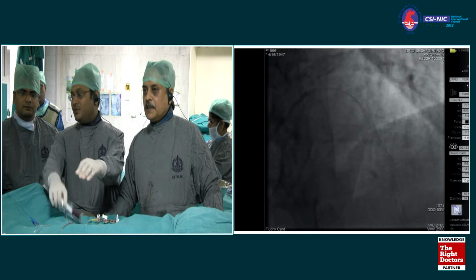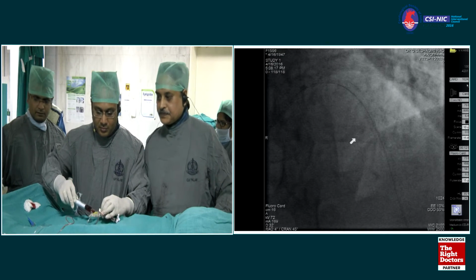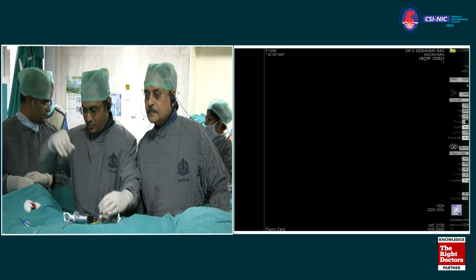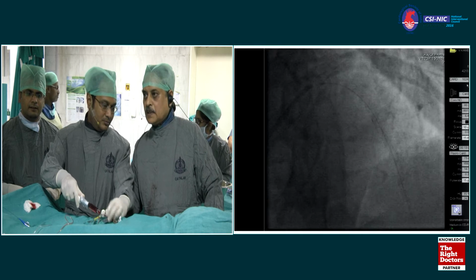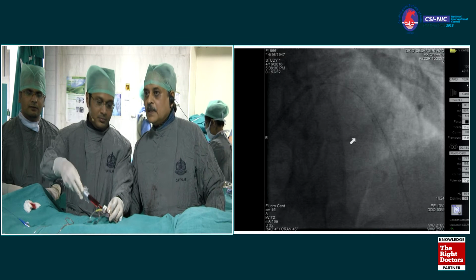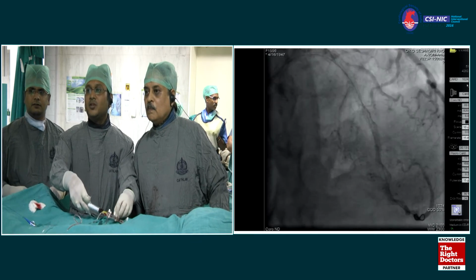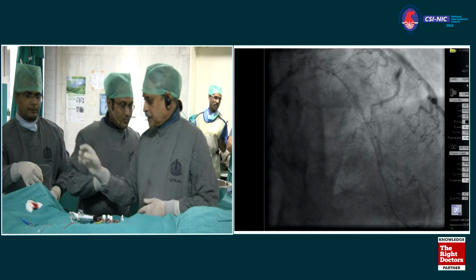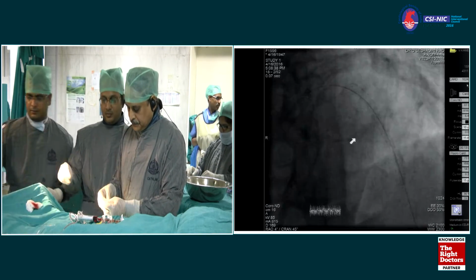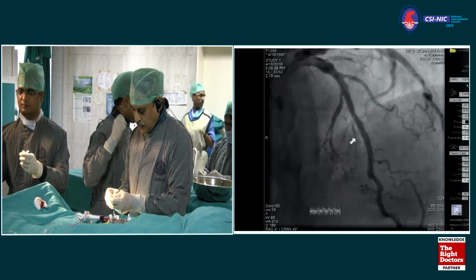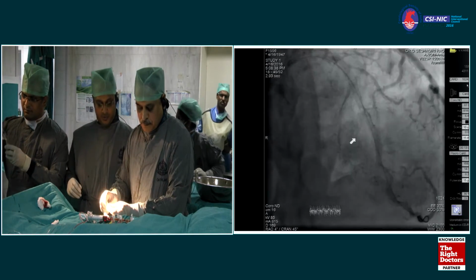Okay. Inject. Take a 3 millimeter balloon. We'll take injection. Ready? Go. Yes. Take a 3 millimeter balloon. Is it okay proximally? Yeah, but you also need to work on the middle portion. Yeah, we are working. Dilating with a 3 millimeter balloon.